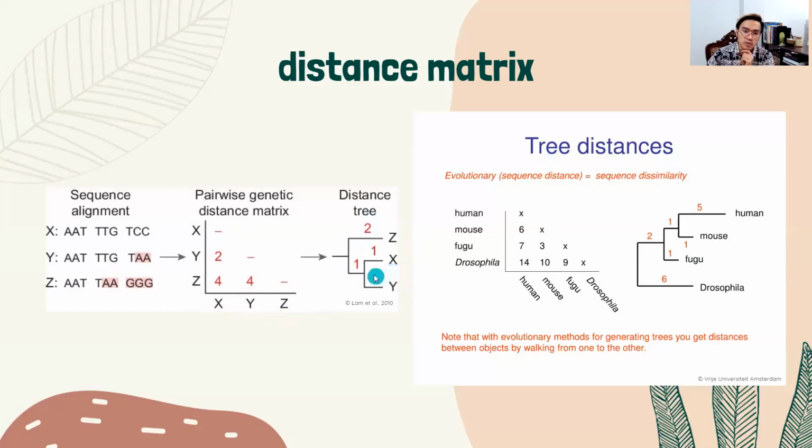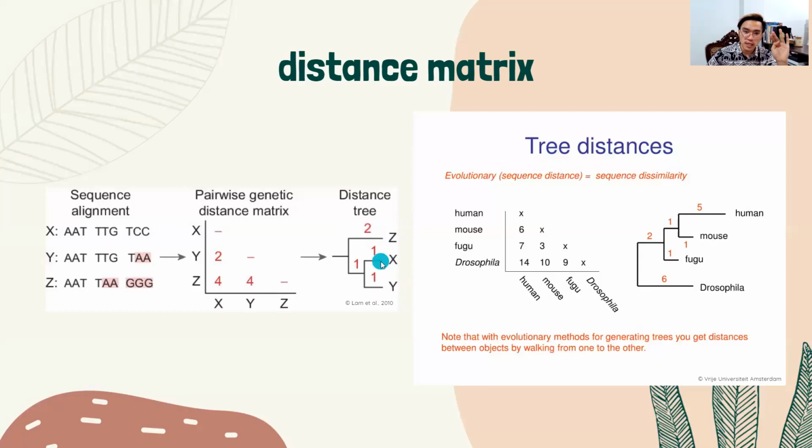So in this case, if we compare X and Y, there are only 2 units of genetic distance. That's 1 unit of genetic distance, and then there's another unit of genetic distance that separates the two. So that's a total of 2. That's correct, that's consistent with our pairwise genetic distance matrix. For taxon Z, again, it is separated from either X or Y by 4 units of genetic distance.